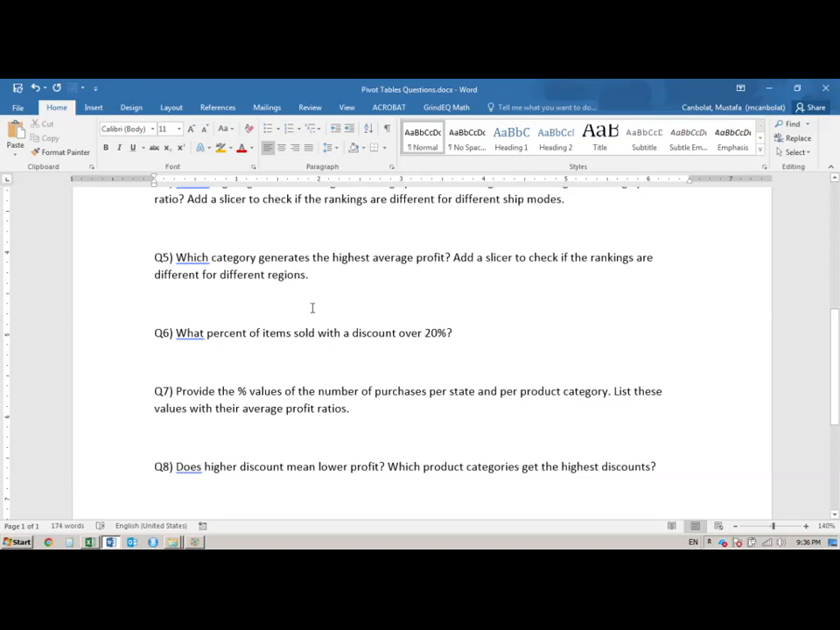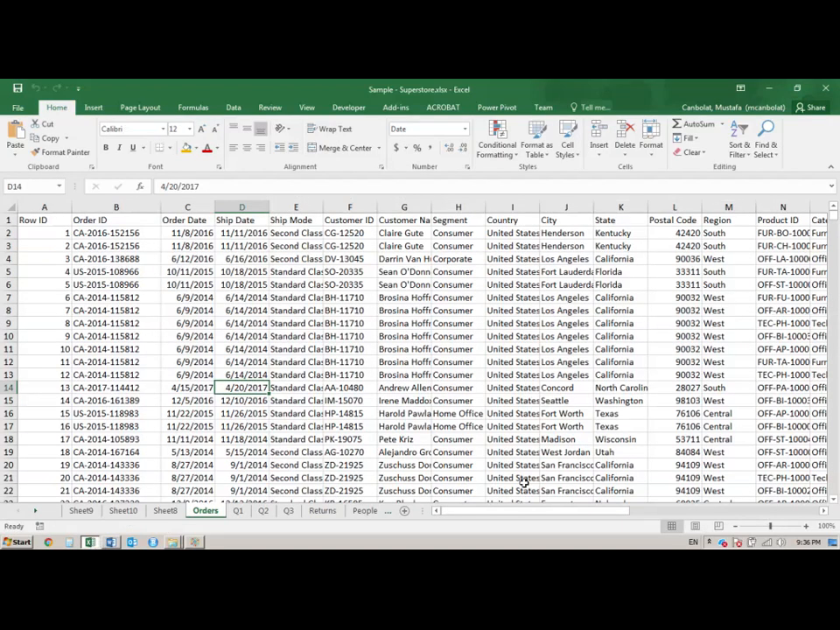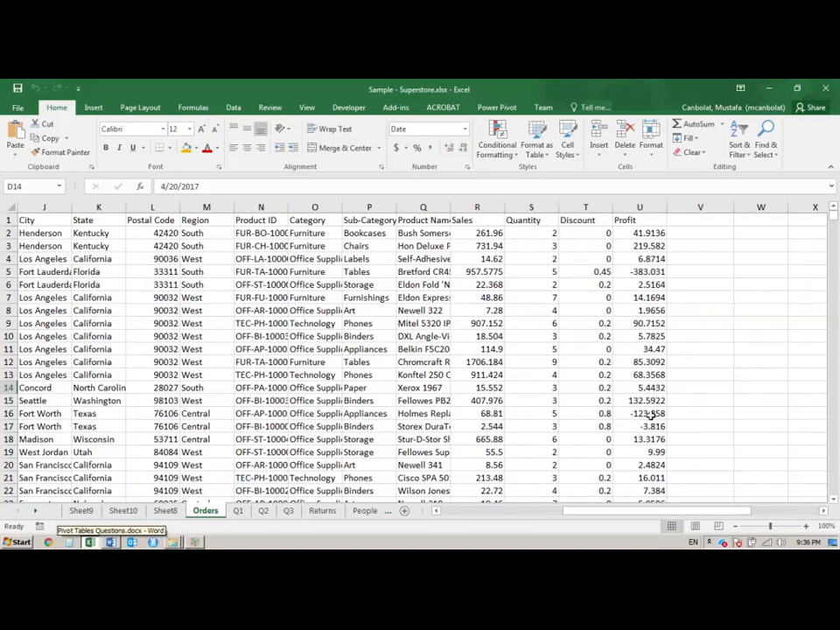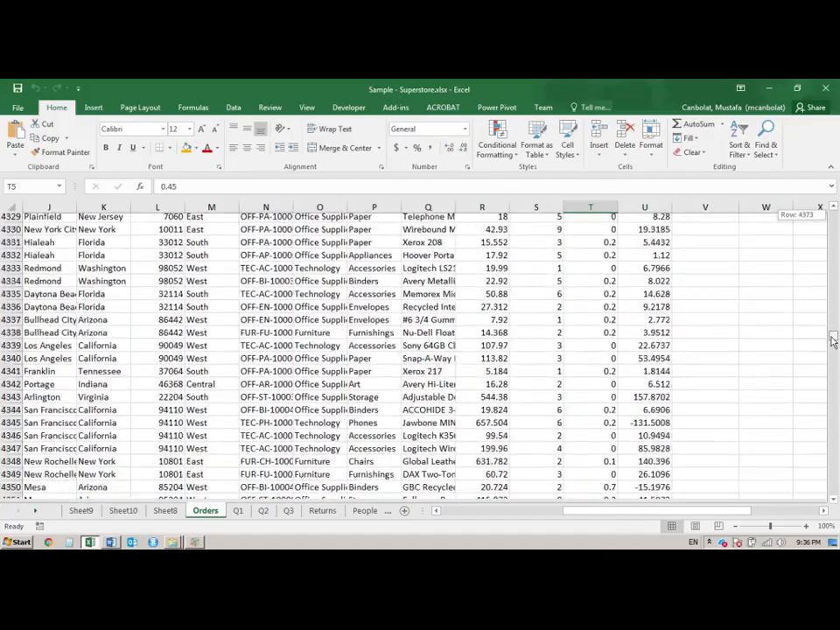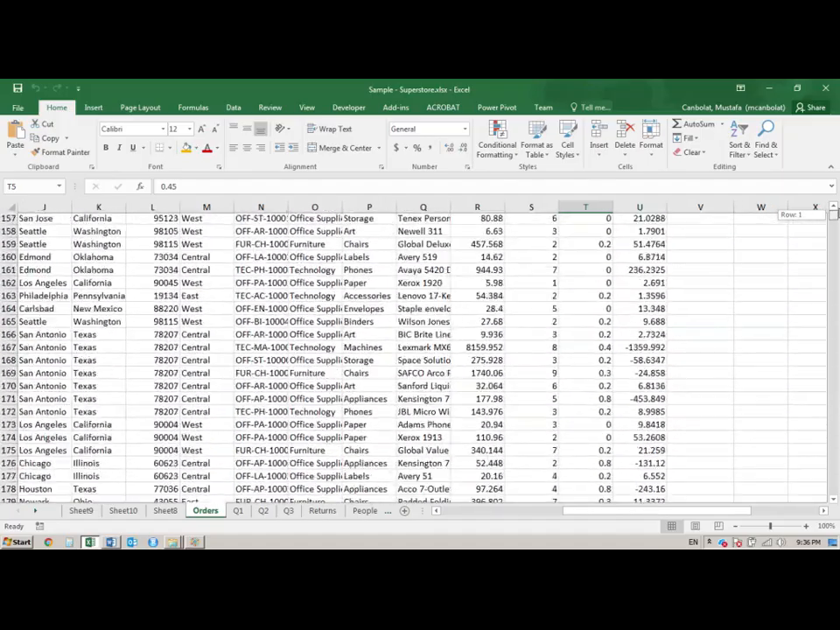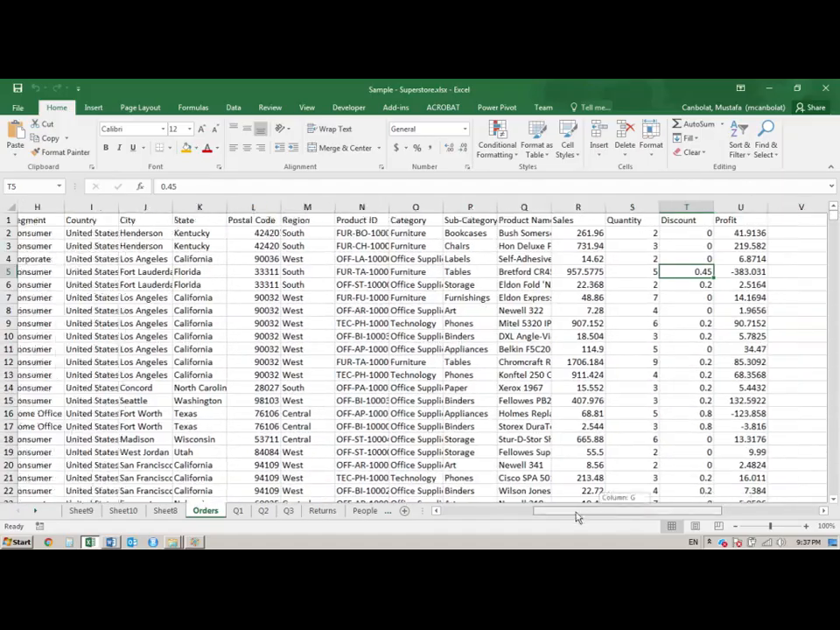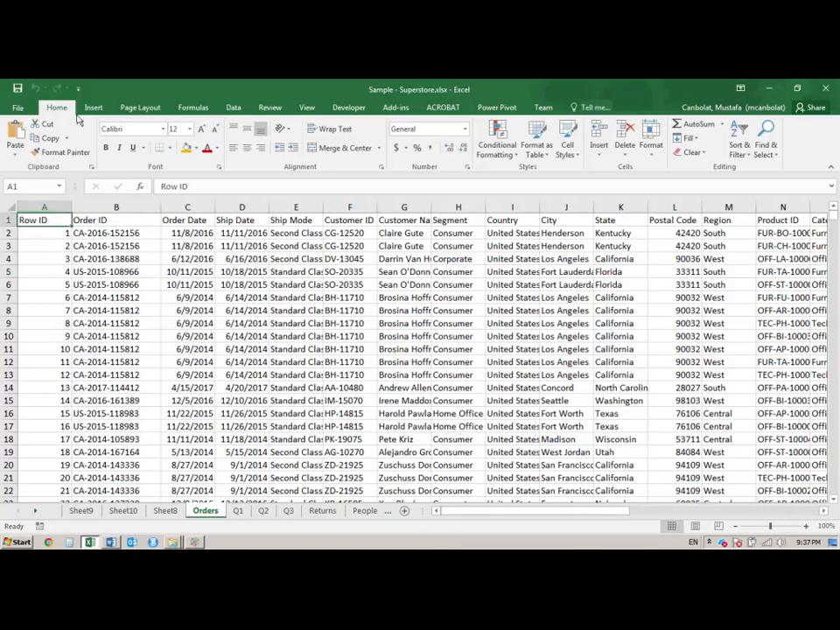Question 5 is yours. I'm going to continue with question 6. I will try to find out what percent of items sold with a discount over 20%. When I look at the discounts, they are rather categorical-looking values. They are a certain number and they repeat. So what I'll do is create another pivot table,